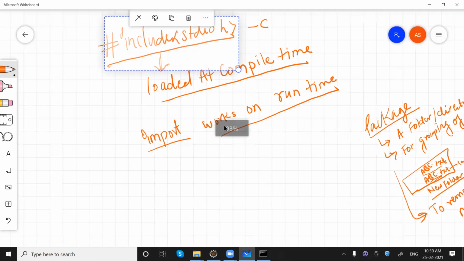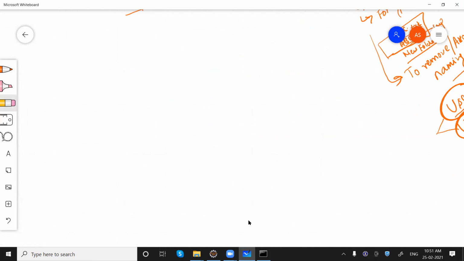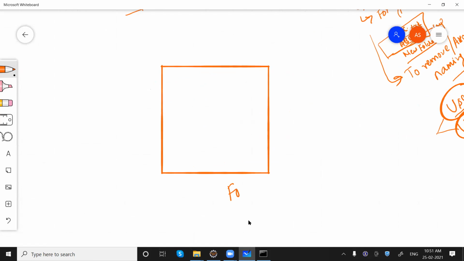So you got the basic idea of import. If we want to use a class, let me use a general term. This is a folder, folder X. In this, we have a class test, and there is one more folder, folder Y. What I mean by folder is a package.